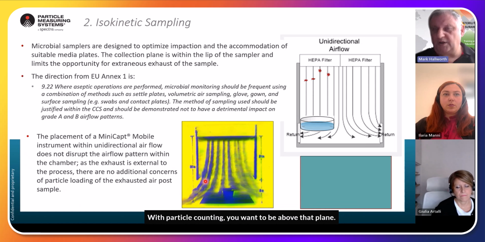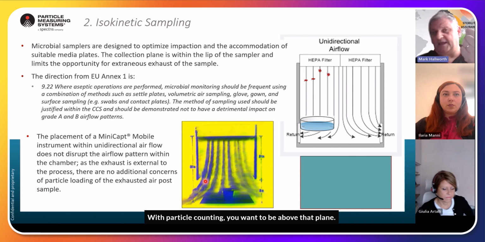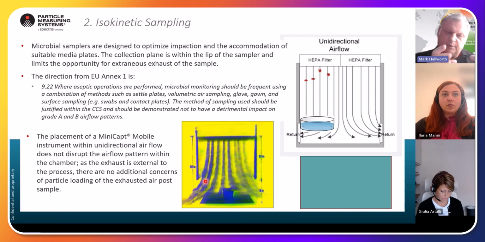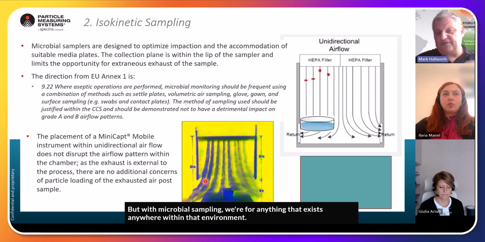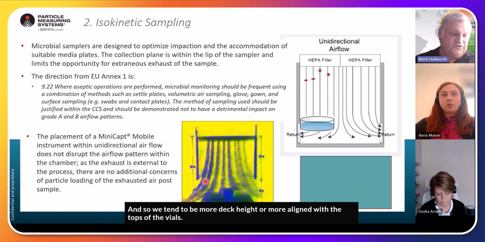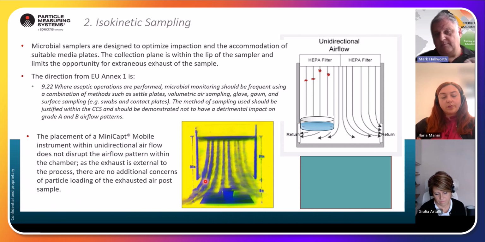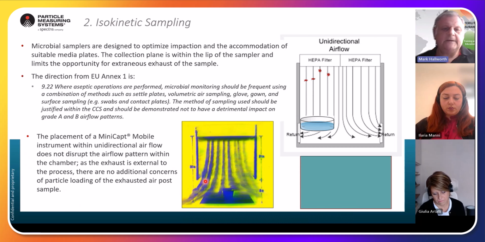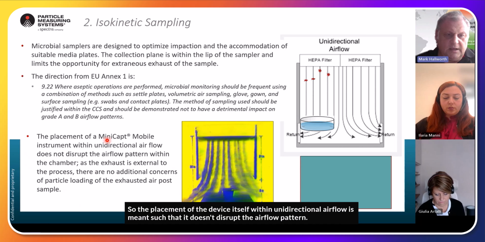With particle counting, you want to be above that plane, otherwise you just get process signature and it looks noisy and you have to differentiate that. But with microbial sampling, we're looking for anything that exists anywhere within that environment. And so we tend to be more deck height or more aligned with the tops of the vials. But my particle counting was slightly above that because we're monitoring the quality of first air as it washes over the process. So the placement of the device itself within unidirectional airflow is meant such that it doesn't disrupt the